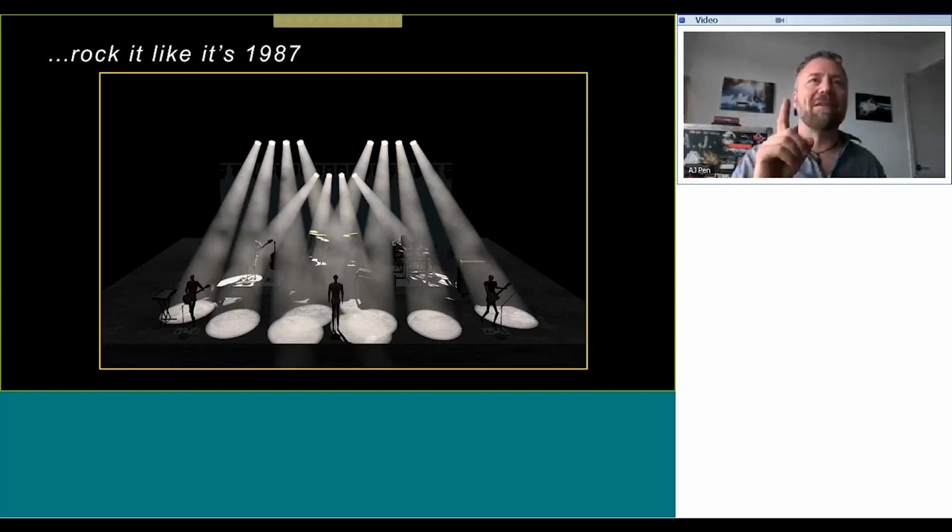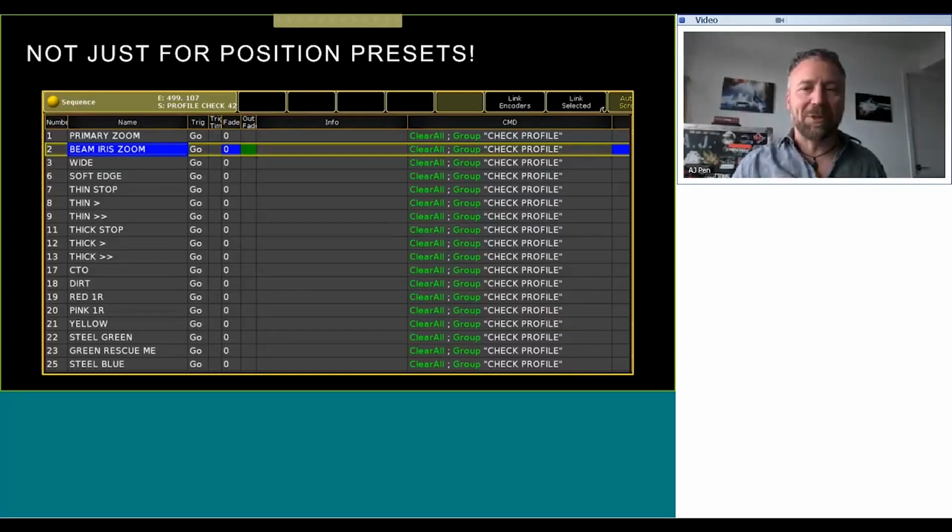It doesn't apply for just the precision presets. You can use it to do all the other things. You'll notice that this list is selecting a group called Check Profile, and I can re-record that group. Let's say I have asked for Quantum Profiles and I get a mix of Mac 2Ks and Viper Profiles.